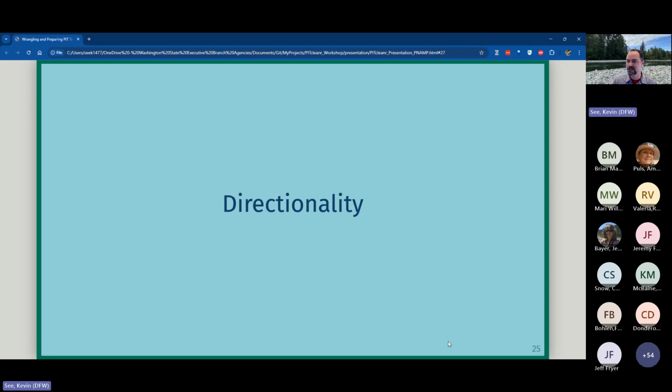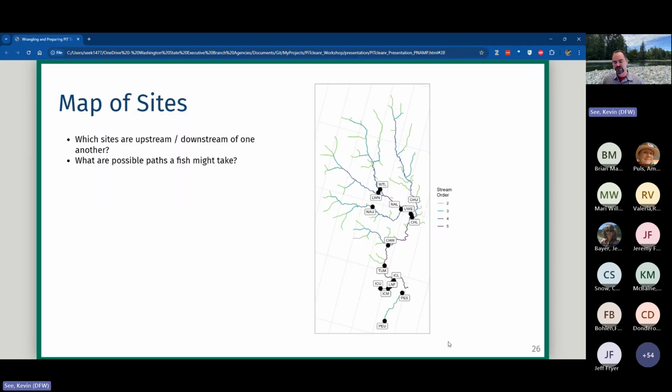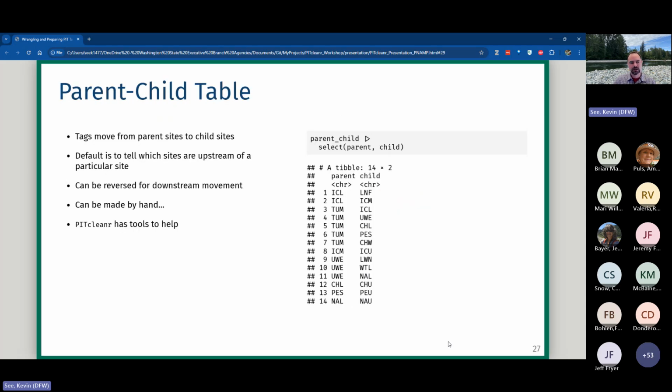One of them, we'll talk about directionality. If you want to look at our fish moving upstream, downstream between detections, you need to know, okay, how are those sites configured, or how are they on the landscape in relation to each other? What possible paths might a fish take to get from one place to another? Where might it be detected along the way? So to translate that kind of spatial map of sites into that sort of information, I've called it, building a